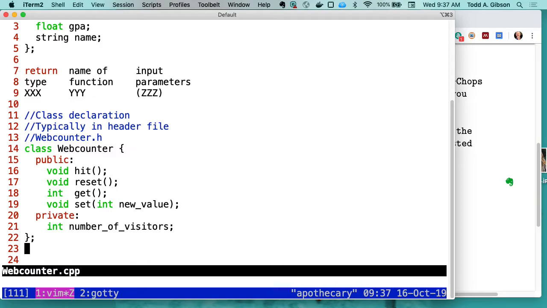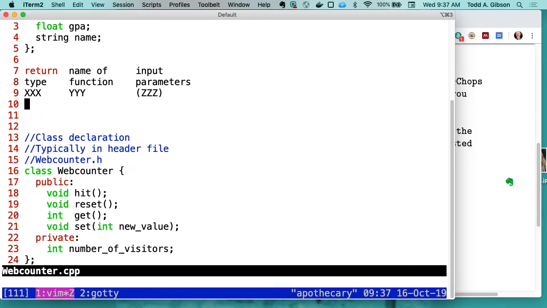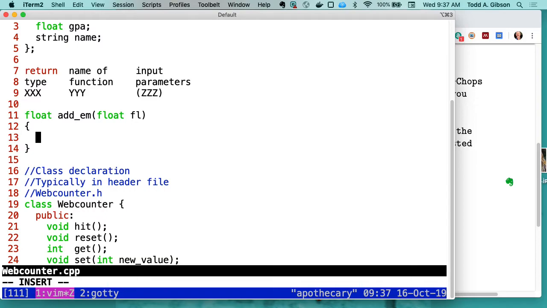Now, what we're missing is we have to describe the actual behaviors. So let me pause for about 60 seconds and just introduce something that I want you to hang on to. I'm going to create a function called, I don't know, Atom. And what it's going to do is it's going to return a float and it's going to add